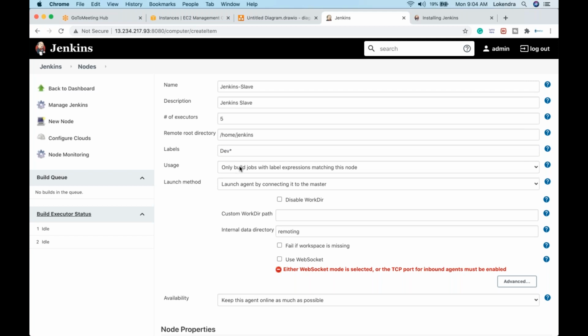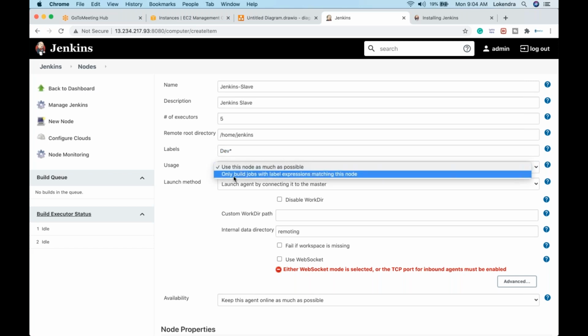This is the particular option which people usually want to know about: use this node as much as possible. So whether the job is starting with dev or not, that job can be executed here. Or if you set the condition that only the jobs matching this particular label expression should be executed here. Now you may have a question: what is the option we use in a production environment?